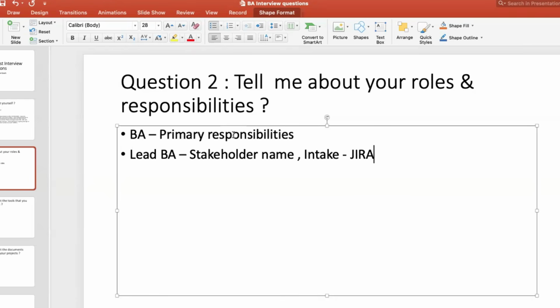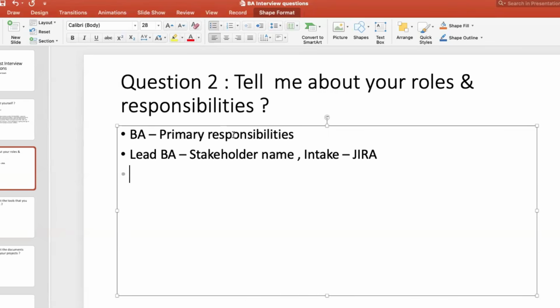Usually the business owners submit a new intake request through our team's Jira intake link, and they will tell what the market is, what kind of enhancement we are going to do, or if it's going to be a brand new project, whatever it is. It's going to be one user story that they submit, and I will take that as a base. Then I'm going to have a couple of stakeholder names. Now what will I do then?